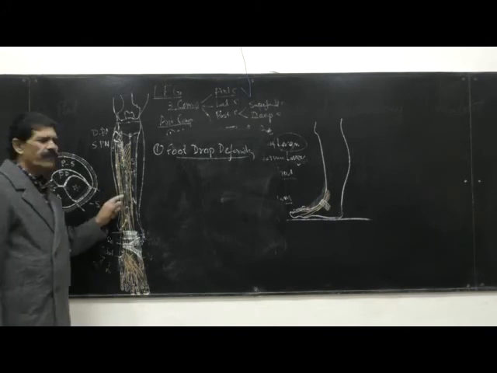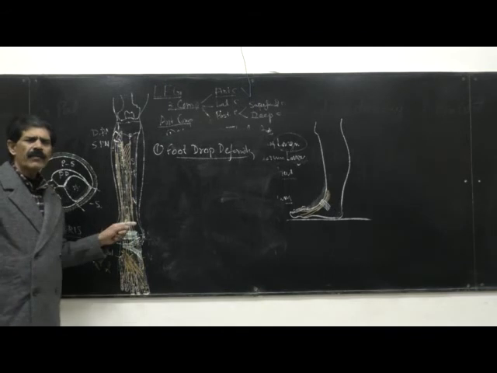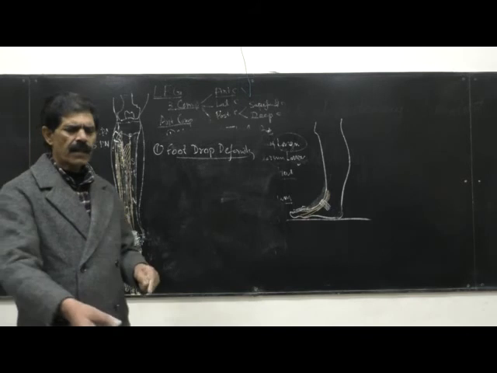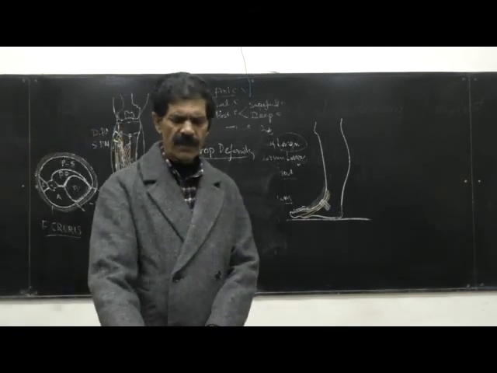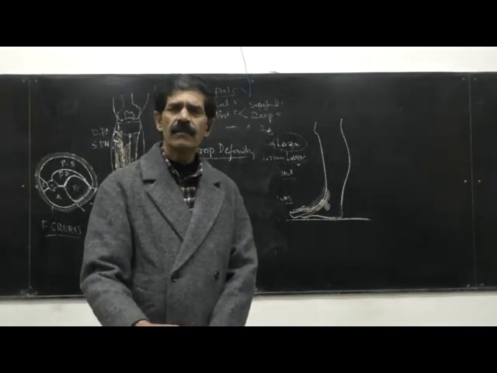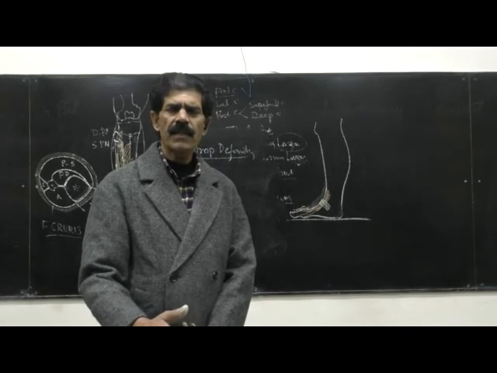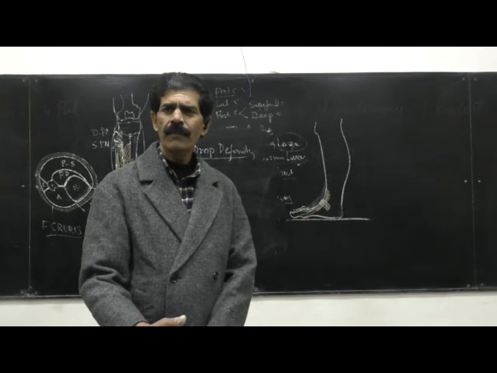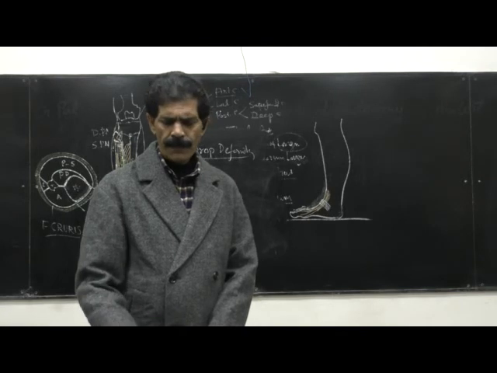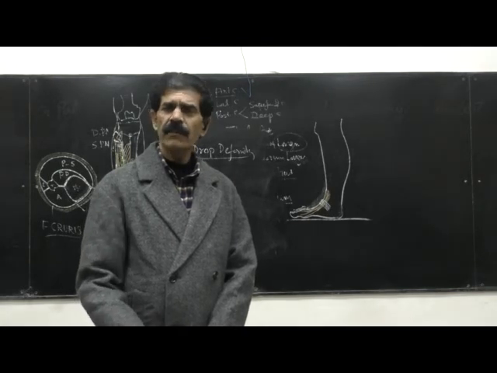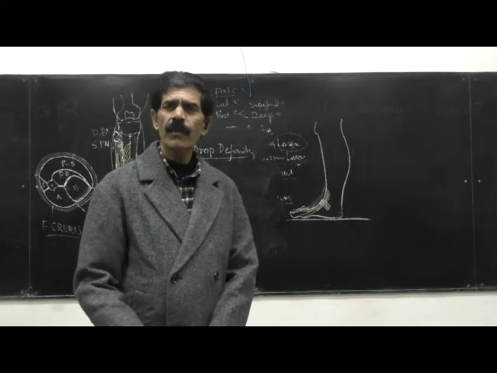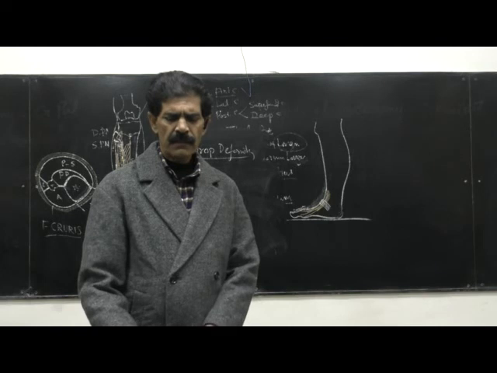So all the four muscles will be paralyzed, and what will the patient come with as the problem? He will come saying that he can't do the dorsiflexion of the foot. Dorsiflexion, the extension of the ankle joint, will be lost. So that will be the problem. Then the flexors of the toes and the foot are okay because they are from the posterior compartment. So they are supplied by the tibial nerve. So they are okay.